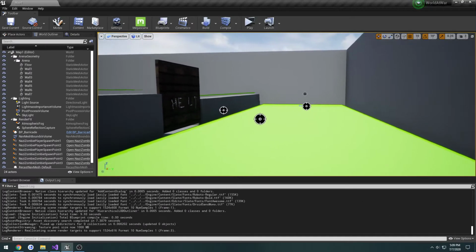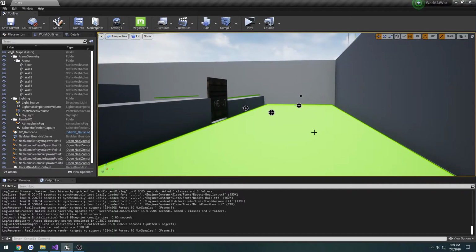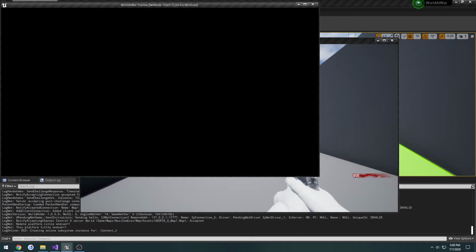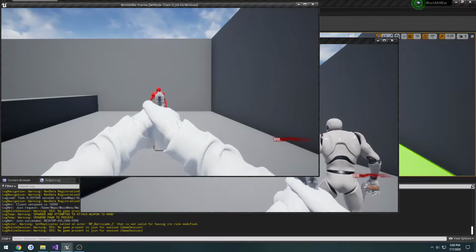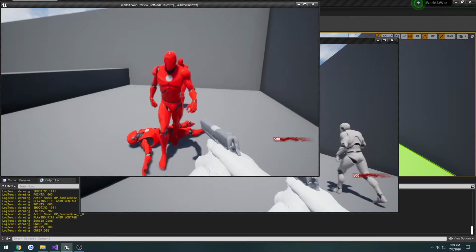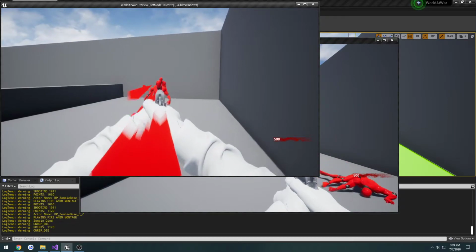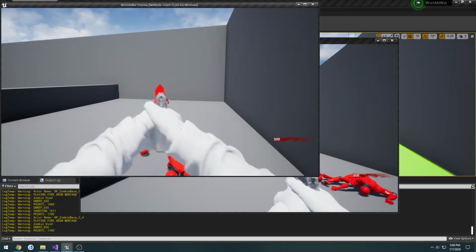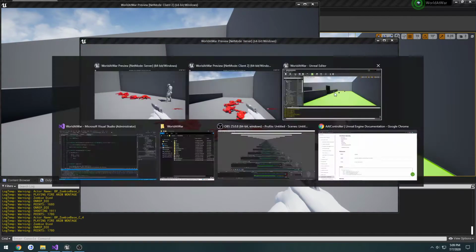In this video, I want to do a small optimization to how our zombies die. Currently, everything works as intended. You kill the zombie, and he ragdolls, all fine and dandy. And everything is working as intended. But the problem is,